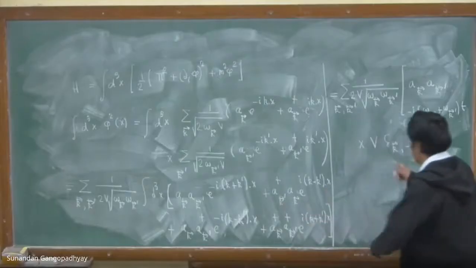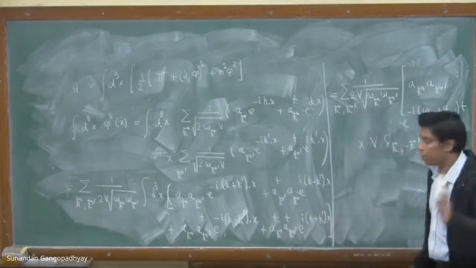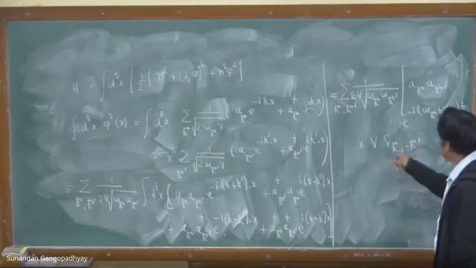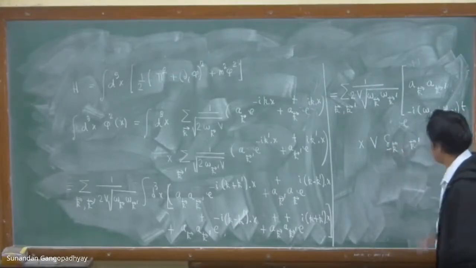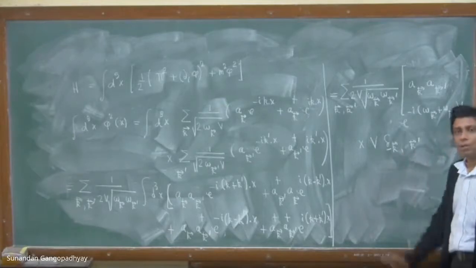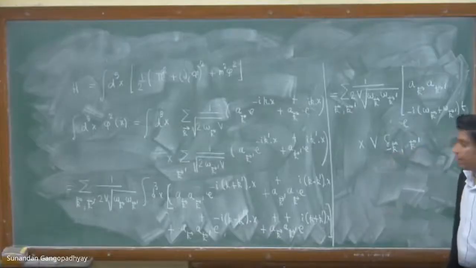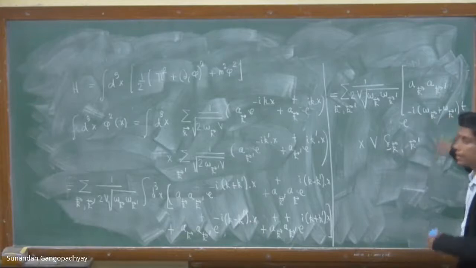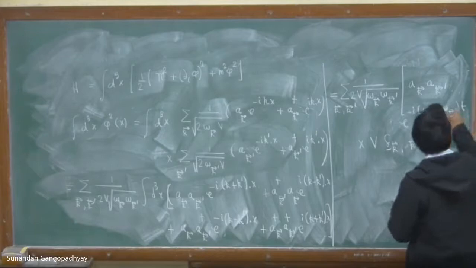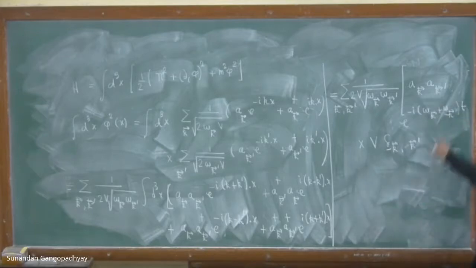And here, before going to the second term, let me do one more simplification. See, this contributes only when this is equal to this. k prime is minus of k vector. You can also write it like this. Minus k comma k prime. All three are same. So when k prime is equal to minus k vector, you can actually replace this k prime over here in the omega k plus this factor by minus k. You can replace the k prime by minus k vector here. Right? Is that okay for everyone? Yes, sir. Good.